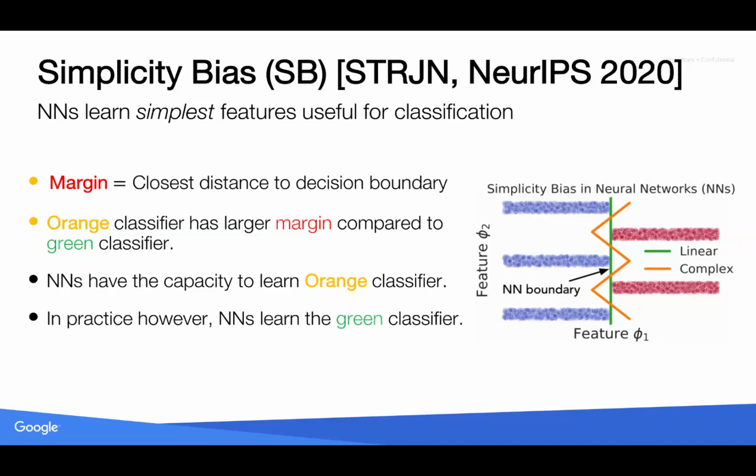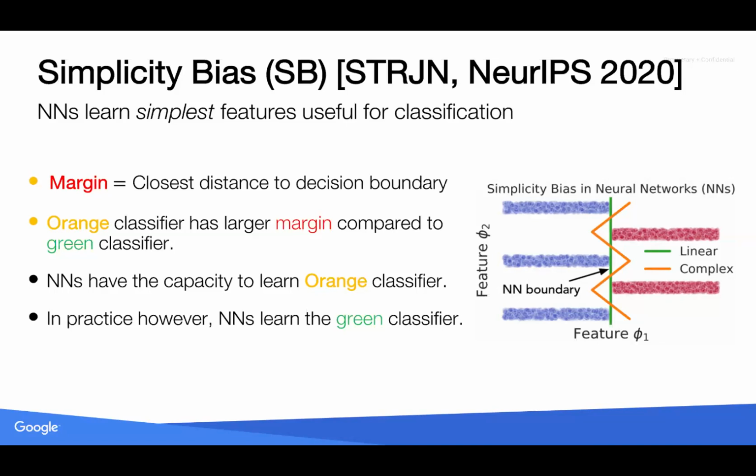So the margin is strictly positive, right? If you just compare in terms of margin, the orange classifier is more robust because it has higher margin. If any data point has to change its prediction, then we have to add at least some amount of noise for it to change its prediction. Whereas the green one is much less robust, because a small perturbation around the boundary can easily flip over the points that are very close to the boundary, right? So in terms of robustness, we think that the orange one is more robust, and this classifier is still not